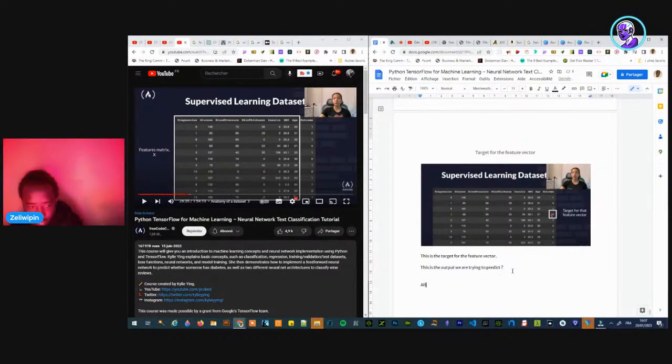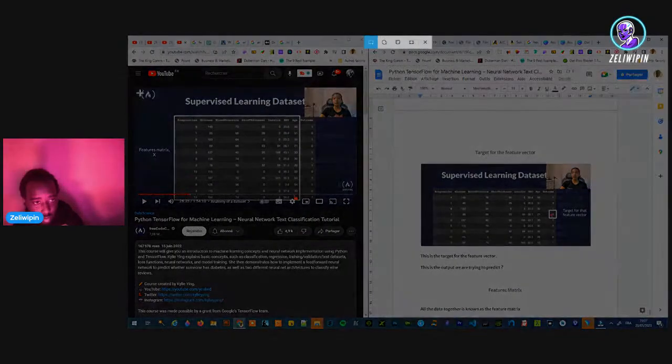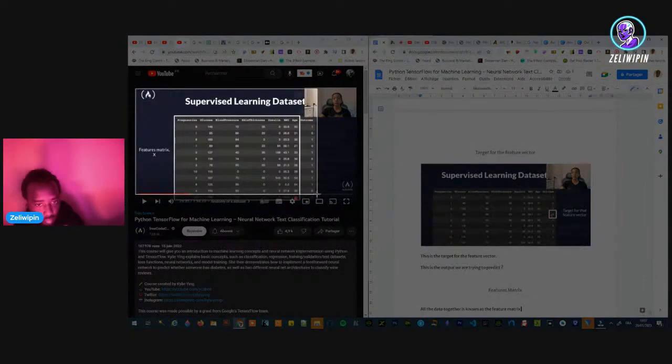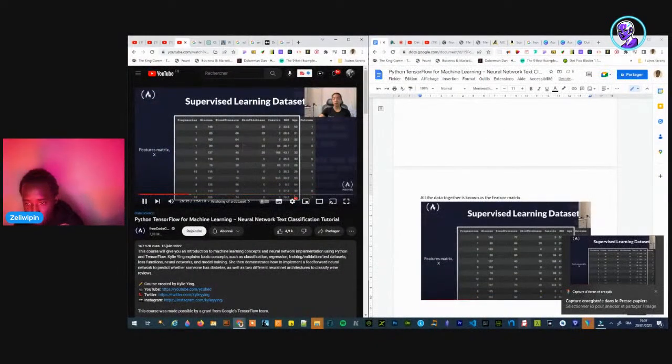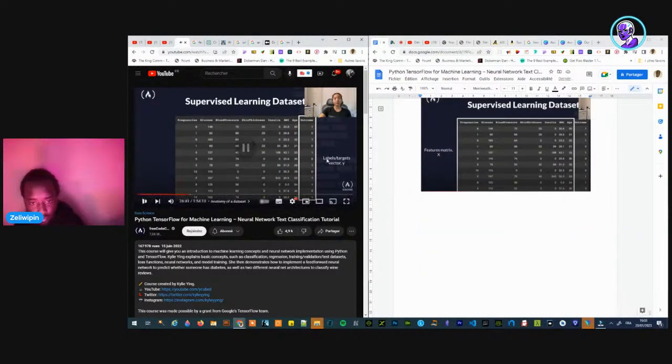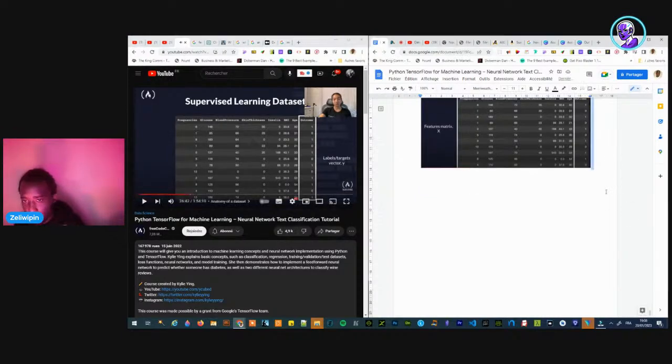All the data together is known as the feature matrix.